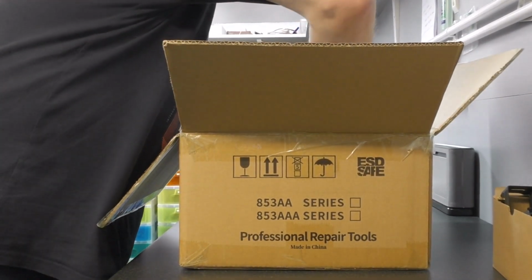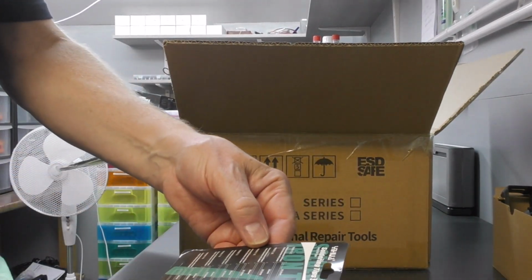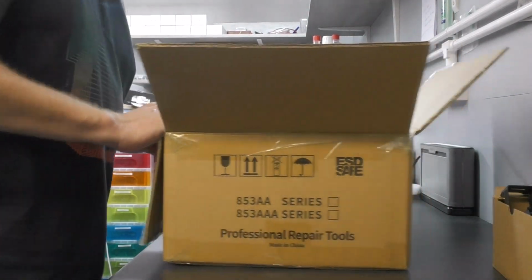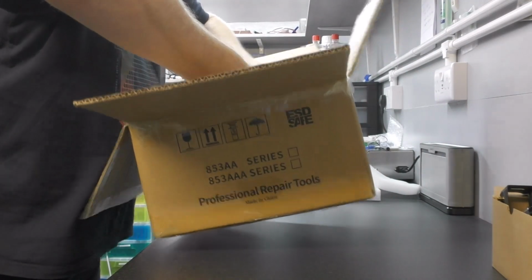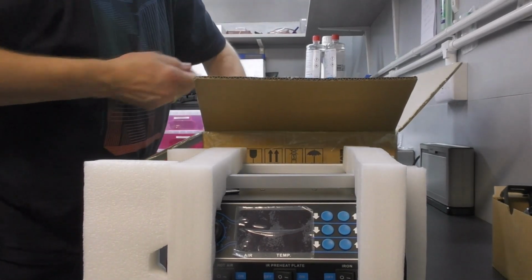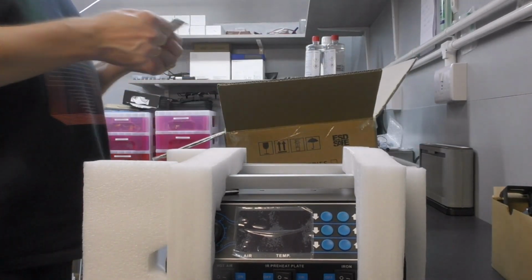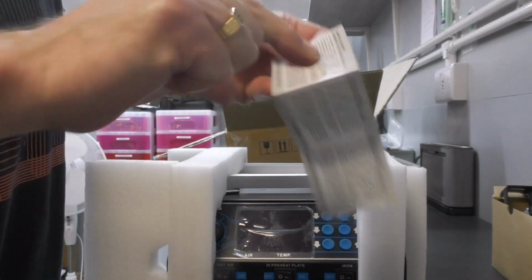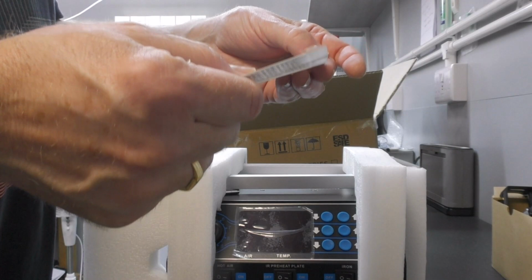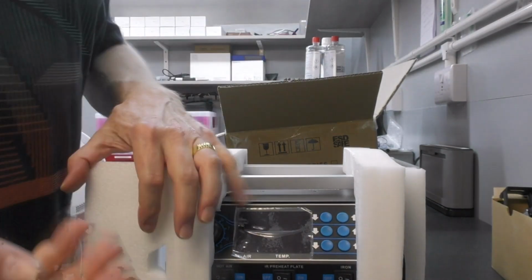Oh no, we've got more stuff. Oh, this is the box. Sorry, all of the tips that have just fallen out. So we may even have more in there. So we'll get this out. Okay, so we've also got a warranty card in there, not that that's really much importance. Yeah, just a 1-year warranty, and a whole bunch of